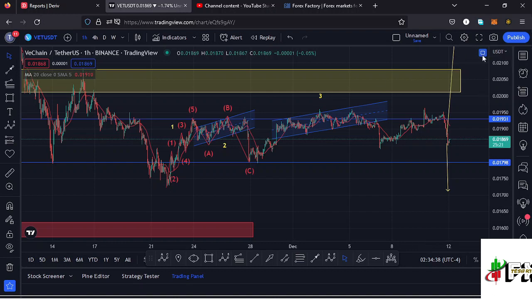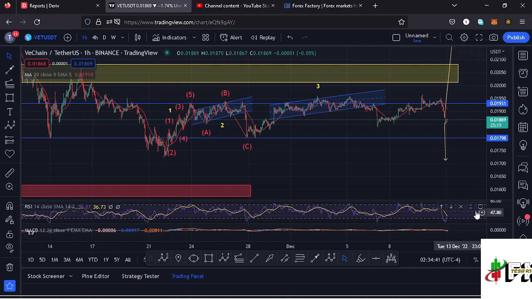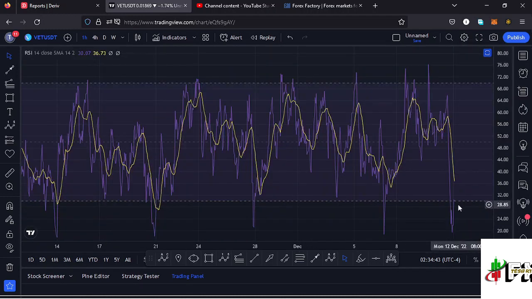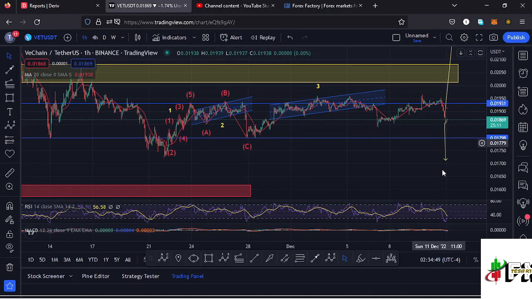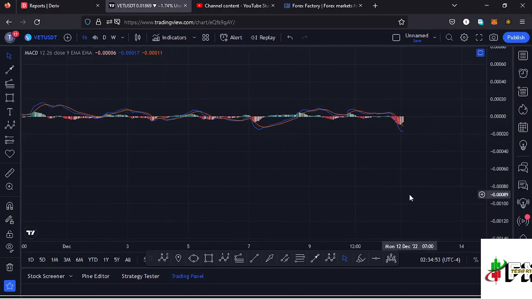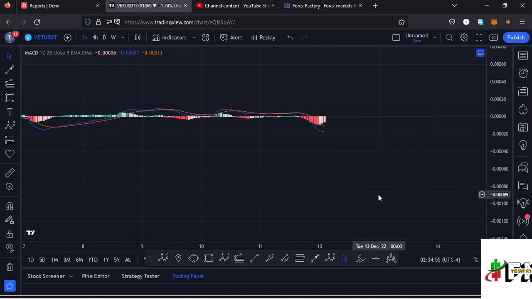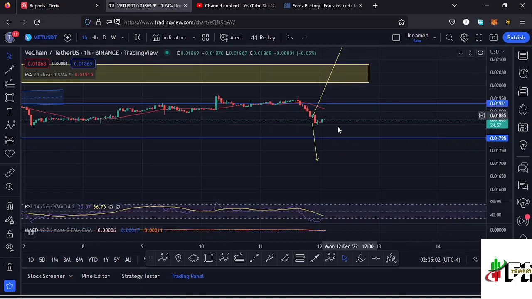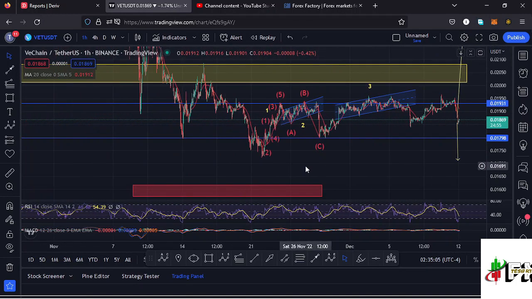Also taking a look at the indicators to see what movements will be supported. On the RSI, you can see we are trading around the 30 mark, meaning we have massive room for us to support any movements to the upside, and a bit of room for us to support any movements to the lower side before we get into the oversold region. Also taking a look at the MACD, you can see we have printed a bearish cross, and that would mean no good prices are coming our way. So let's be patient and see how that plays out, and I'll keep you updated.